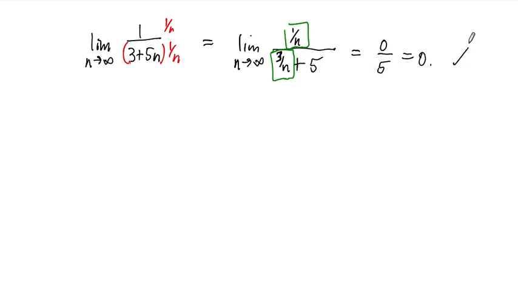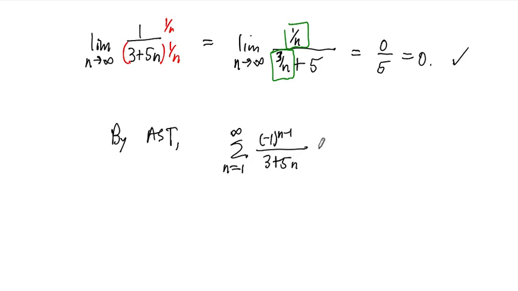Well, we want whatever it gives us, but this gives us a conclusion by the alternating series test. Our series, the sum from n equals 1 to infinity of negative 1 to the n minus 1 over 3 plus 5n, is convergent. Notice that we do not know what it converges to. We could work that out, but we don't know what this converges to. We just know that it is convergent. And that was the only question we were asked on this